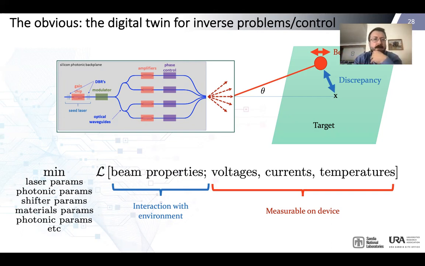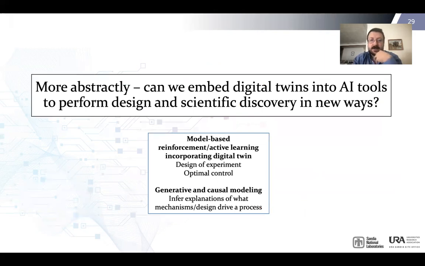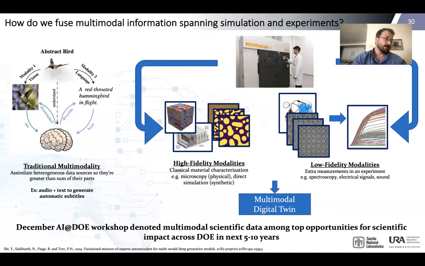But maybe more abstractly, to go beyond that sort of traditional modeling and simulation, forward and inverse modeling paradigm, you can ask about how you could actually do artificial intelligence, right? So not just probe a specific design, but can we prompt new designs, or can we ask for information that can facilitate scientific discovery? So there's a lot of different tools within machine learning that could be brought to bear here. One in particular that we've been looking at, particularly for additive manufacturing and material systems, is this idea of